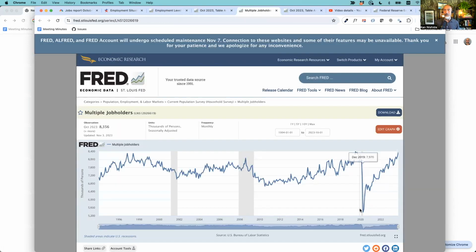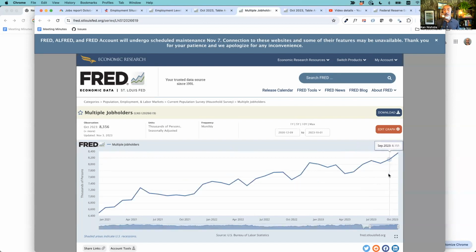As you can see, the number of people who have multiple jobs is increasing dramatically, very rapidly. If I zoom in and focus on this area, October we have 8,356, and again the unit is 1,000, so this is 8,356,000.